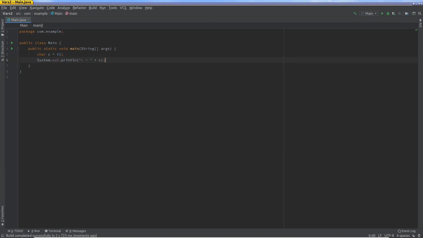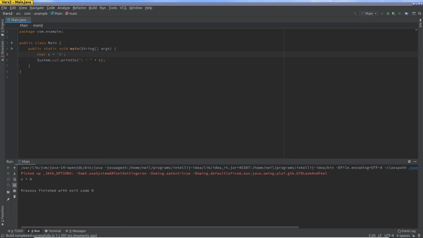What I neglected to mention was that another way to create a character, and the better way actually, is to use a character literal. And what is that? You just put single quotes and you type your character. So in this case, let's say A, and you say Shift F10, and this actually gives you the same result as inputting an int. Okay, so that buttons that up. And now let's move on to the main course of today's lecture.